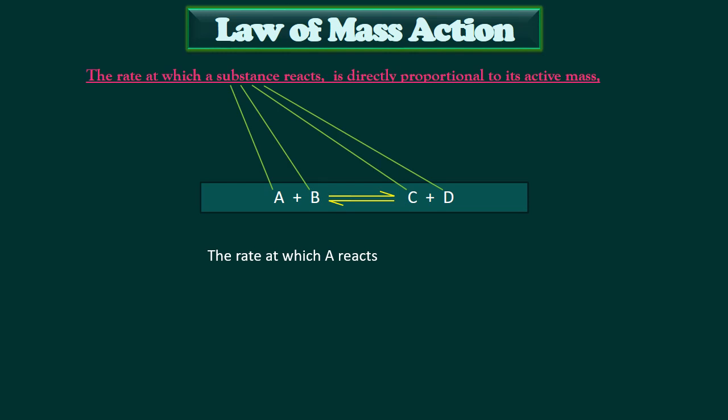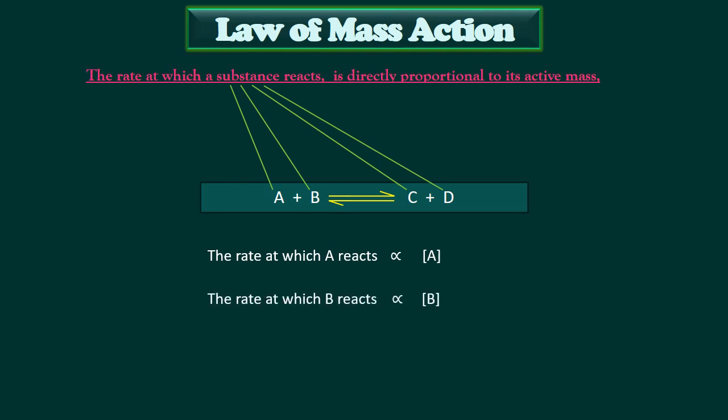The rate at which A reacts is directly proportional to the molar concentration or active mass of A. यानी A के रिएक्ट करने की स्पीड या रफ्तार उसके अपने एक्टिव मास या मोलर कॉन्सेंट्रेशन पर मुनहसिर है. जितनी ज़्यादा मिक़दार होगी उतनी ही तेजी से A रिएक्ट करेगा। A के रिएक्ट करने की रफ्तार किसी और पर डिपेंडेंट नहीं है।